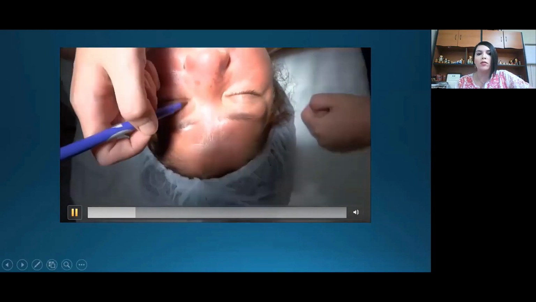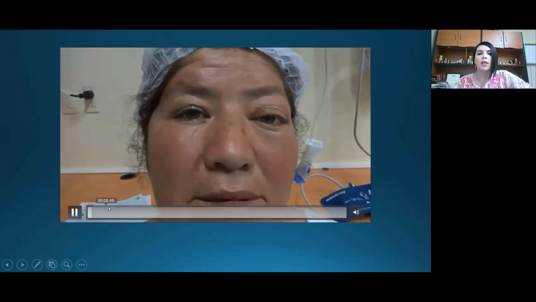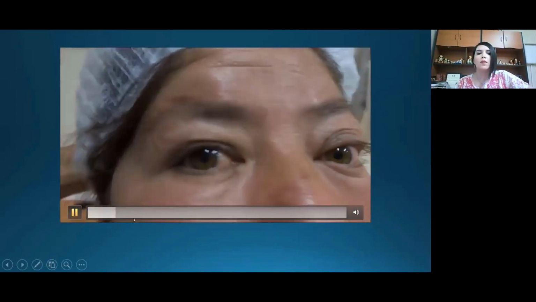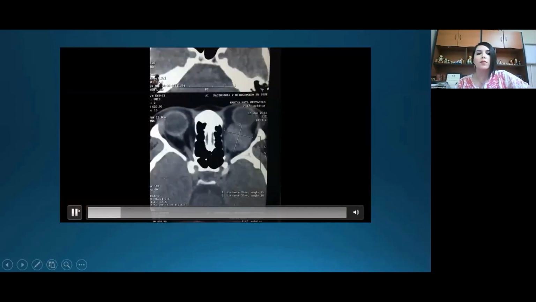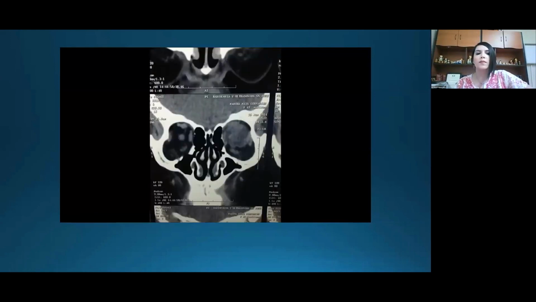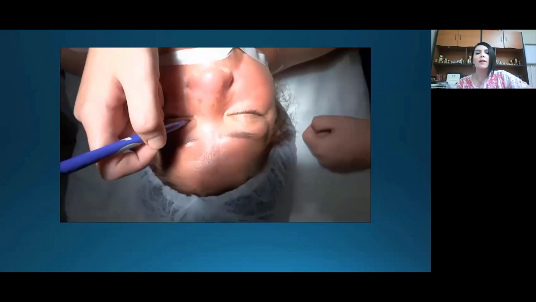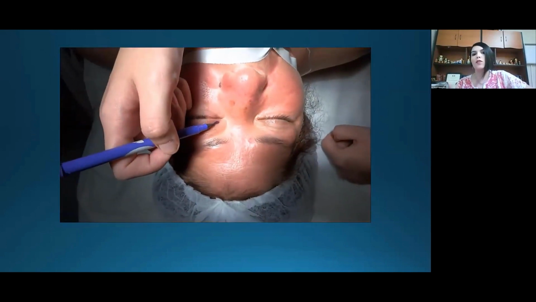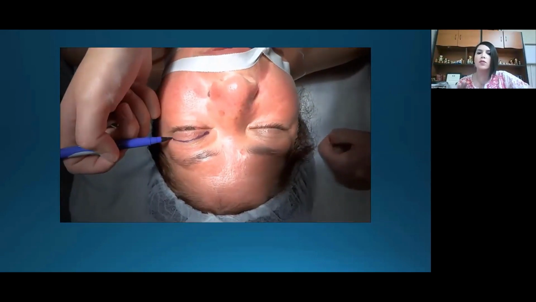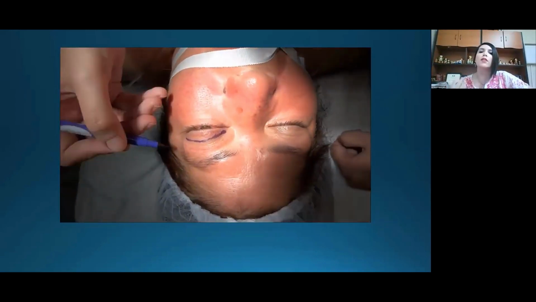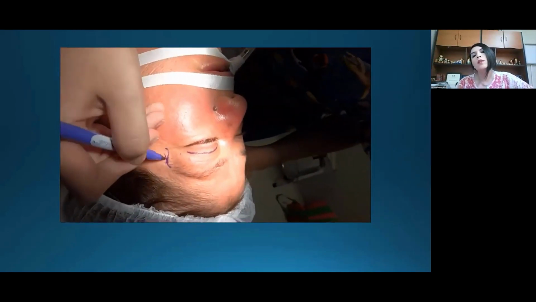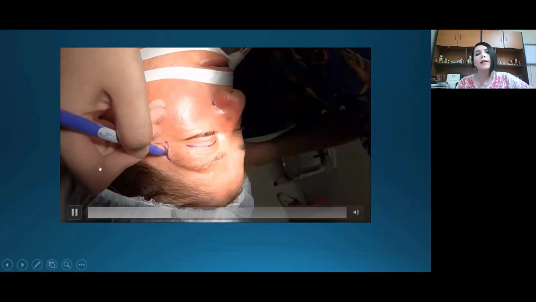So we are going to arrive another time in temporal way. Okay, but always we have to mark the eyelid sulcus just in case, to be prepared. If you notice, we mark it in the natural sulcus to not make another scar. And we are going to approach in the temporal wall. So we are going to mark an italic S